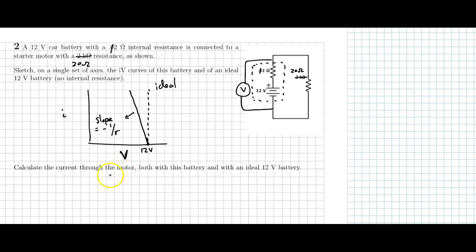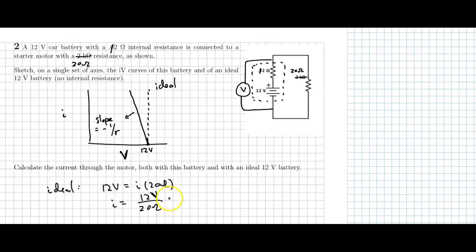Alright, so calculate the current through the motor both with this battery and with an ideal 12-volt battery. We'll do the ideal one first since it's easier. So in the ideal case, we don't have this resistance. All we have is just this one resistor circuit. So it's a pretty easy application of Ohm's law. We're going to lose 12 volts across that one resistor. So the current will be 12 volts over 20 ohms,